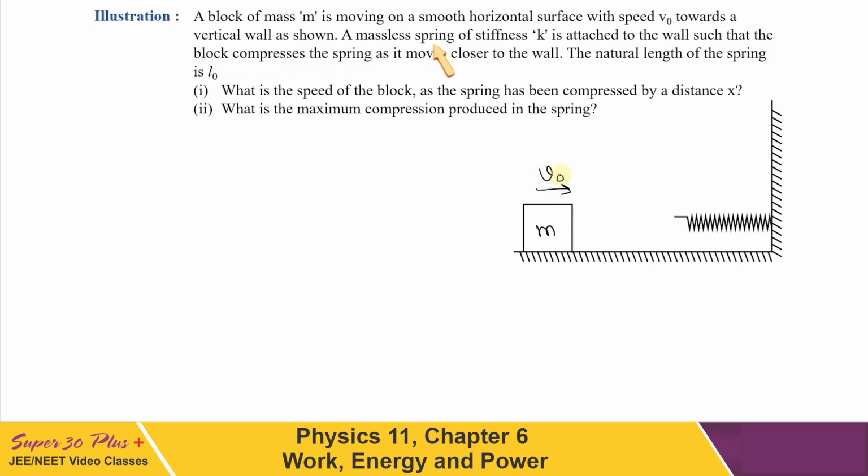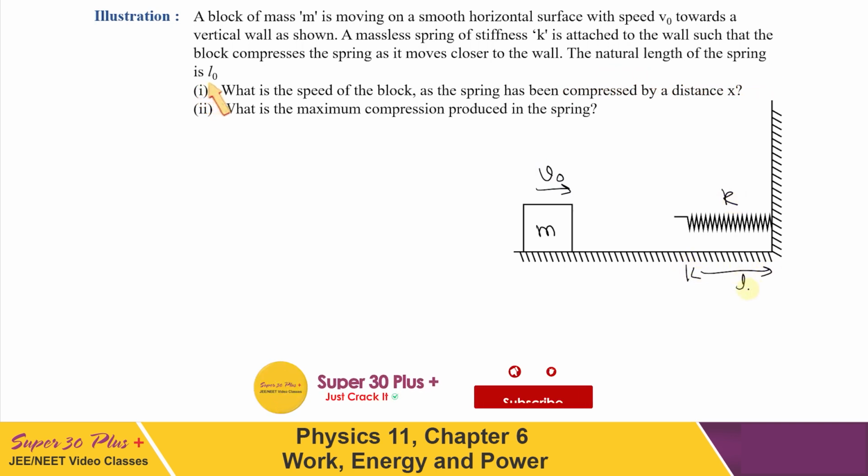A massless spring of stiffness K is attached to the wall such that the block compresses the spring as it moves closer to the wall, the natural length of the spring being L0. It is asking what is the speed of the block as the spring has been compressed